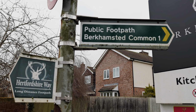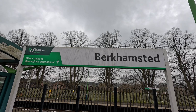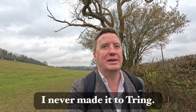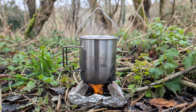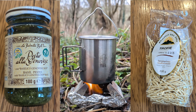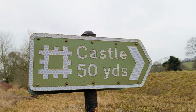Just a very unambitious, underwhelming daytime walk today from Berkhamsted to Tring. They're both in Hertfordshire, possibly. At least some of it's in Hertfordshire. Going to do a little bit of cooking in the middle, something very, very basic. Pesto pasta, really unadventurous. I did stop briefly back there at Berkhamsted Castle, so I don't know if you want